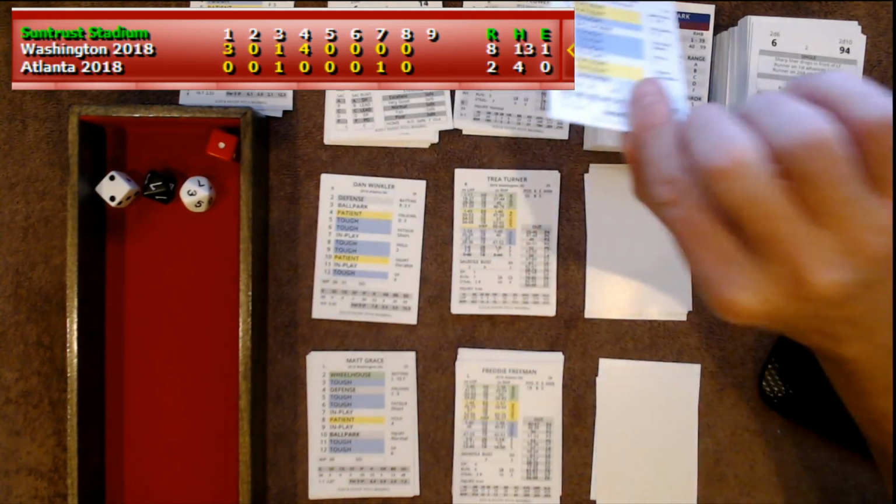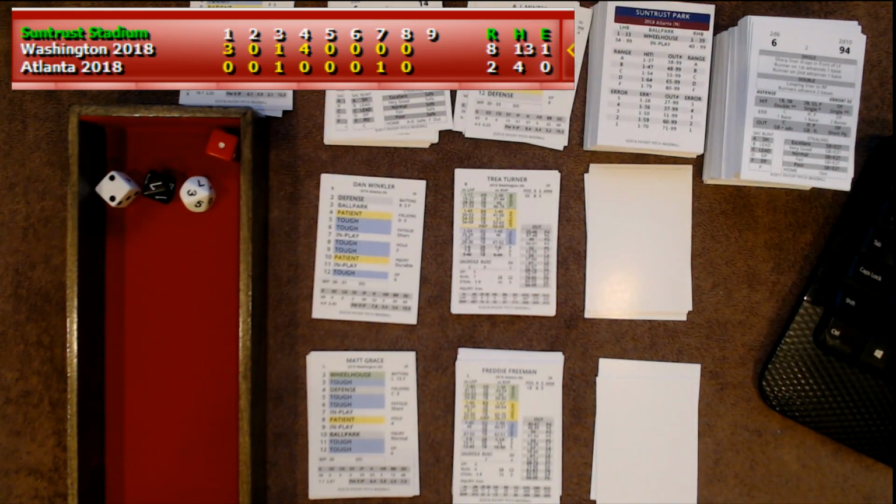A.J. Minter, of course, is out. So it's going to be Dan Winker's job to keep things close. And Dan Winker, where is Dan? Dan. There you are. You're going to bat in the 9th position. All right. So I can actually get information on Dan Winker. Dan Winker, he's only pitched 1 inning so far. He's given up 1 hit, 2 strikeouts. So he's pitched well.